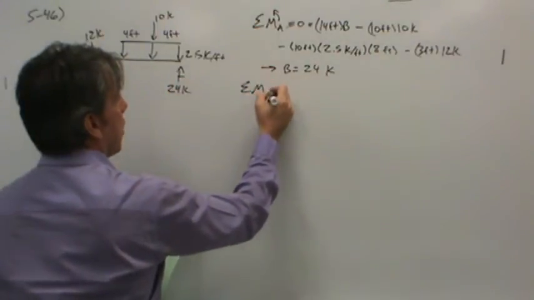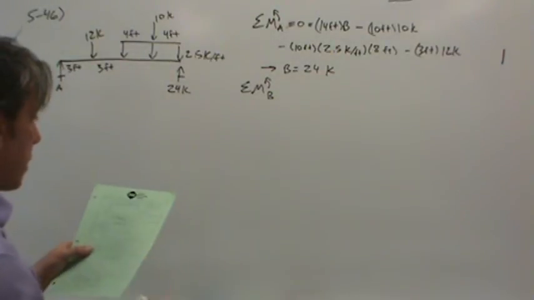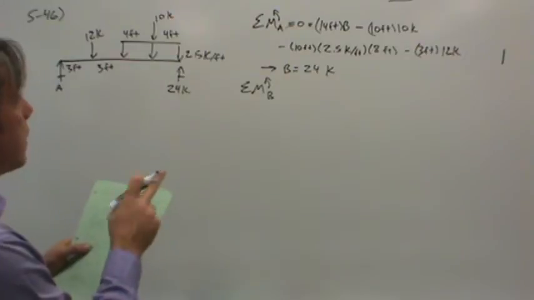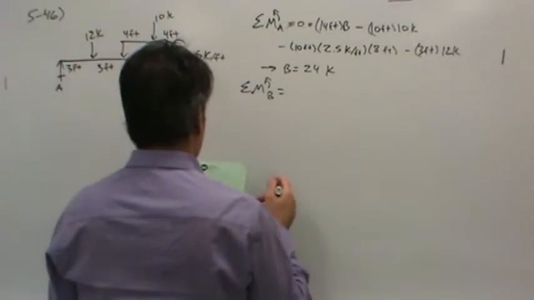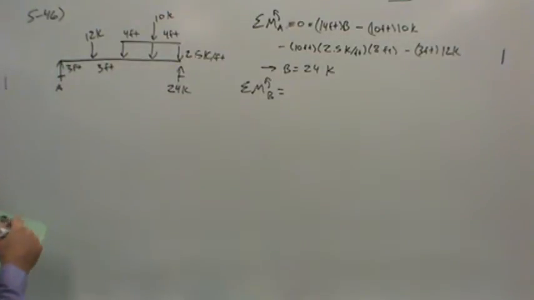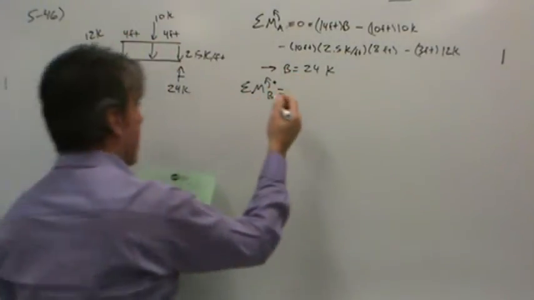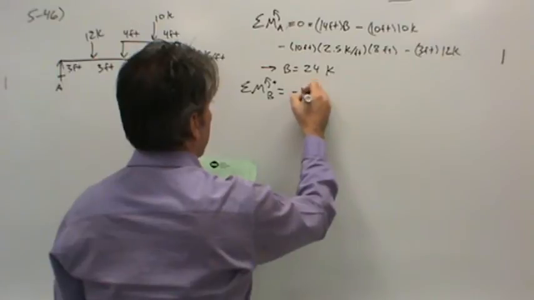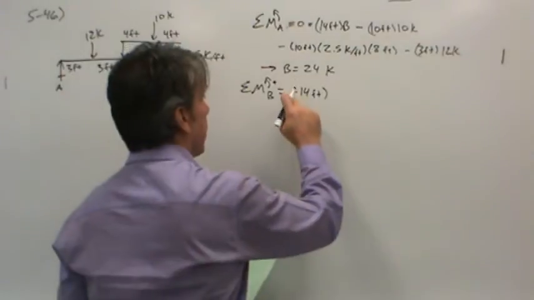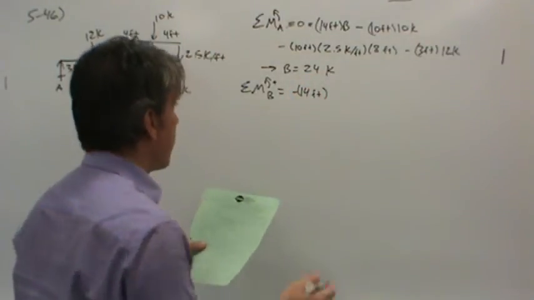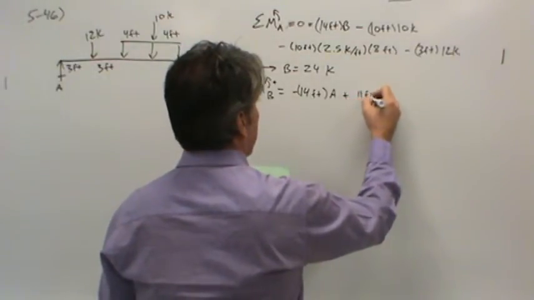Now let's sum moments about B. Check my notes to make sure, because I wrote some of that on the fly. Yeah, that should be fine. Okay, summing moments about B to find the reaction at A. Well, I'll start all the way at the other end of the beam again. So let's see, if positive is counterclockwise, then A is causing a negative moment, at least according to my assumed direction. Notice we don't know that that's correct yet, but of course, if you have enough intuition, you know it's going to be right. So negative 14 times A plus 11 feet times the